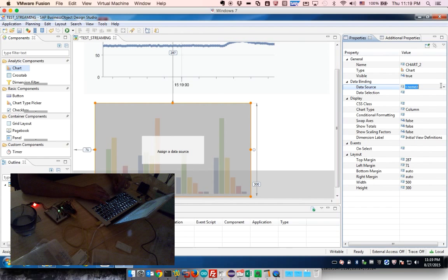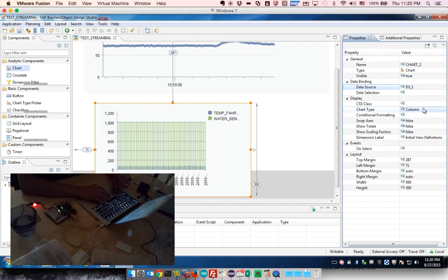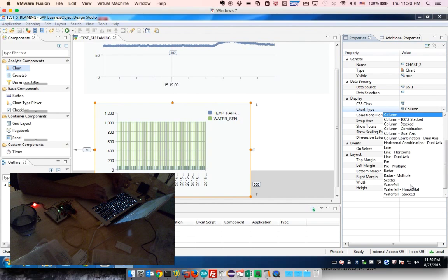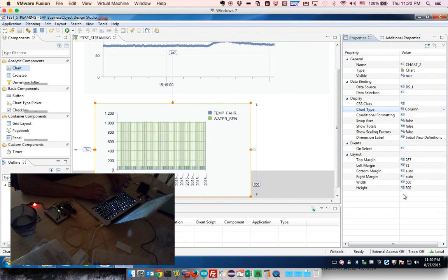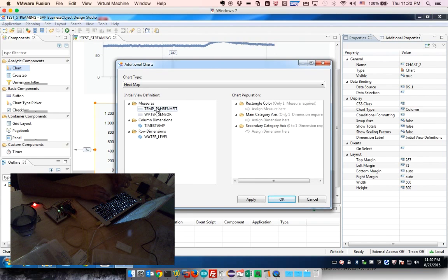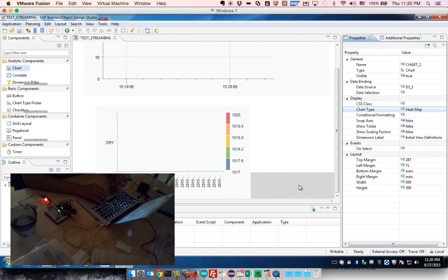I'm going to do the same thing over here, and I'm going to choose the same data source. And down at additional chart types, I'm actually going to choose a heat map, and what I'm going to do is use the color as the actual raw voltage, the voltage level of the water sensor here. And of course, we're going to be using the main dimension as our timestamp. And for a secondary category, I'm going to be using water level. So if I click OK here,